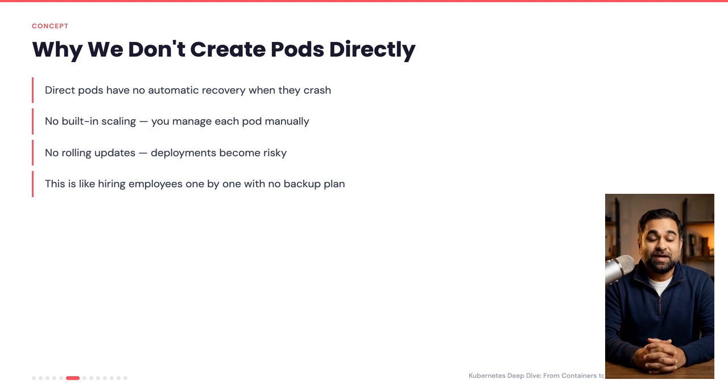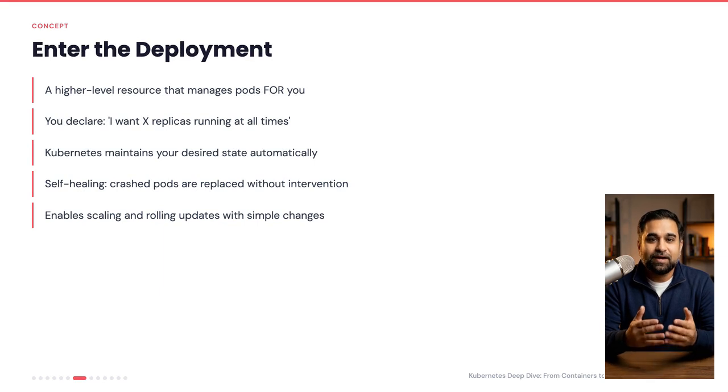On screen now is a complete deployment manifest. Take a moment to see how these pieces fit together. The structure flows from the deployment to the pod template to the container specification. Writing your first deployment. Let's build this from scratch together. Open your terminal and your favorite text editor, create a new file called my-first-deployment.yaml, and let's build